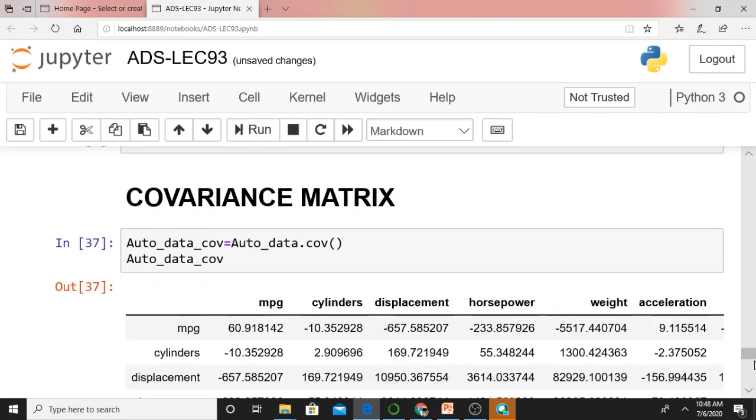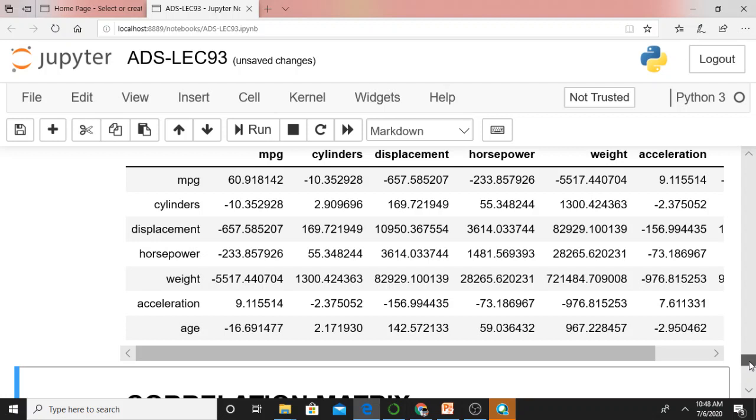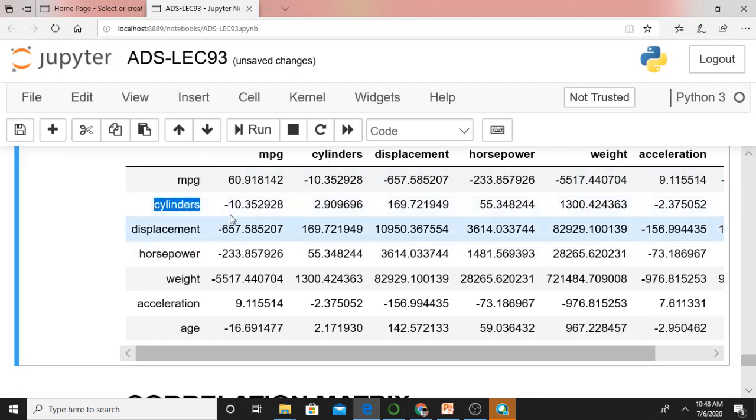This is my covariance matrix. The rows and columns are the individual variables in our data frame, and every cell gives you the covariance between the column variable versus the row variable. Just see what is the covariance between cylinders and MPG.